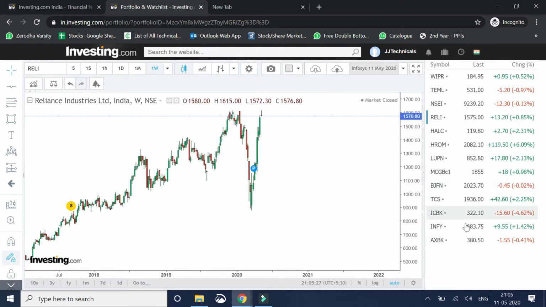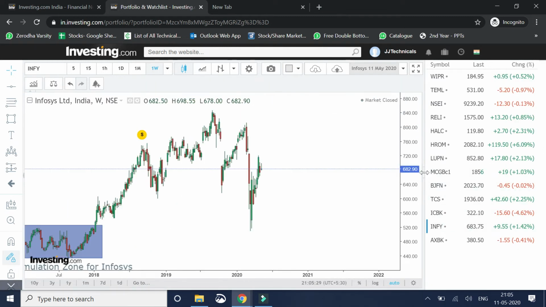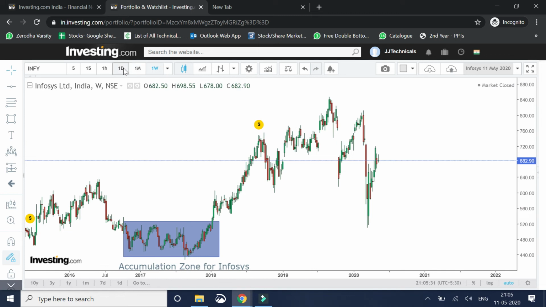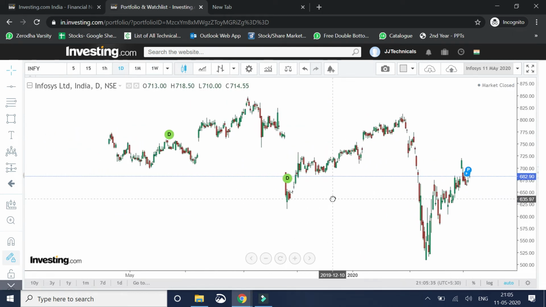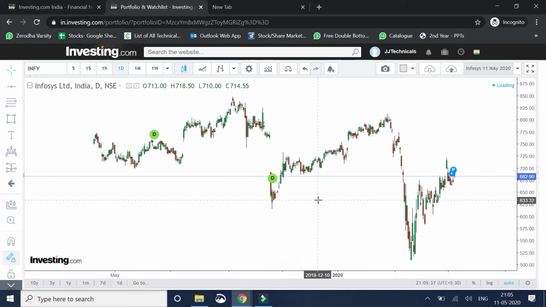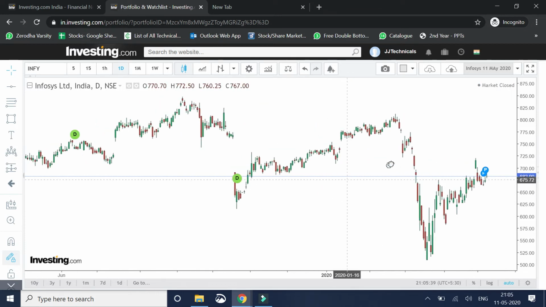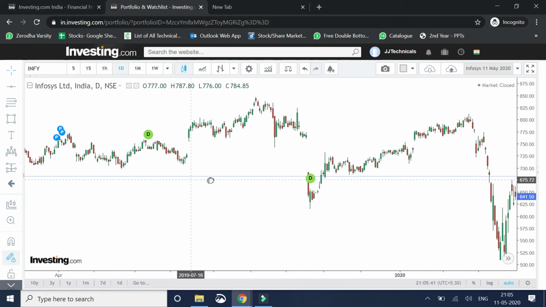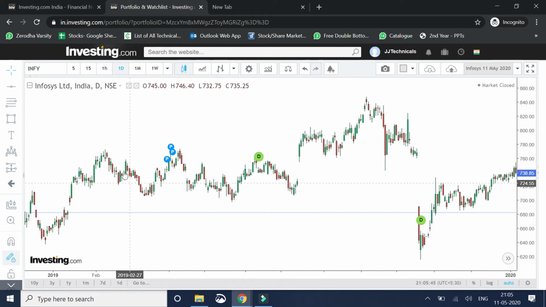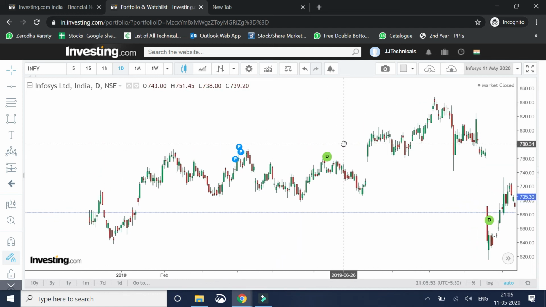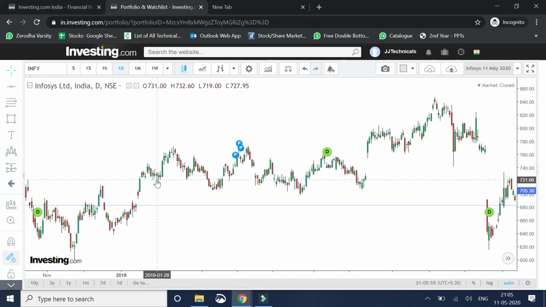Let's see if I can find some head and shoulders here. I can see some head and shoulders here. It's not a proper head and shoulders. Yeah, I can see some head and shoulders here.